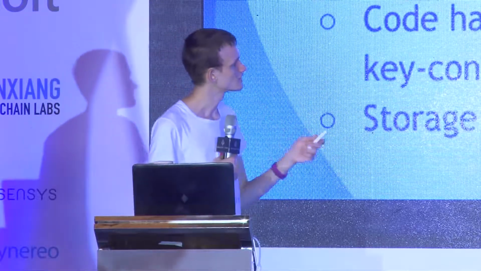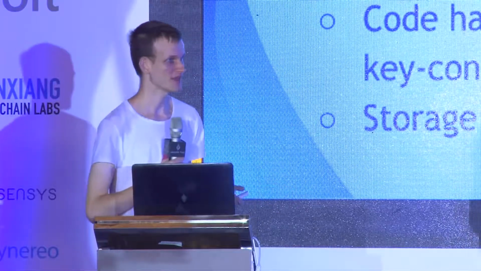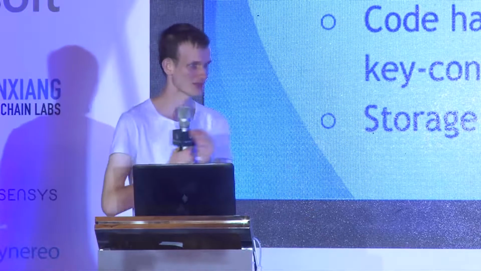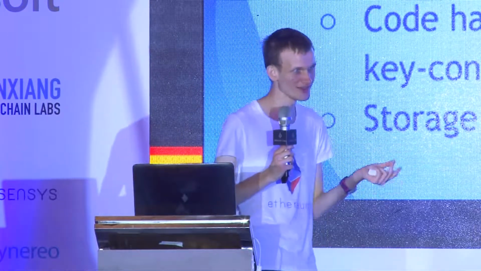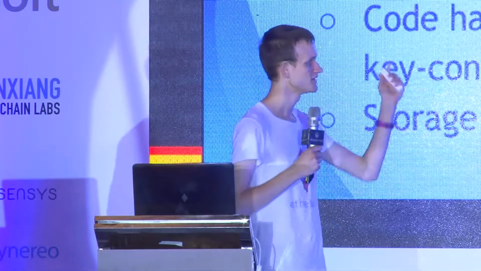The state in Ethereum consists of a key value mapping. Basically, the state in Ethereum is a bunch of account objects. And there are two types of accounts. One of them is an account controlled by a person or some external user, controlled by a fridge, controlled by a dog. The other kind of account is an account controlled by code. These accounts have four pieces of data. One of them is the nonce, which is a highly technical thing that's used to prevent transaction replay attacks. The second thing is a balance, how much ether the account has.